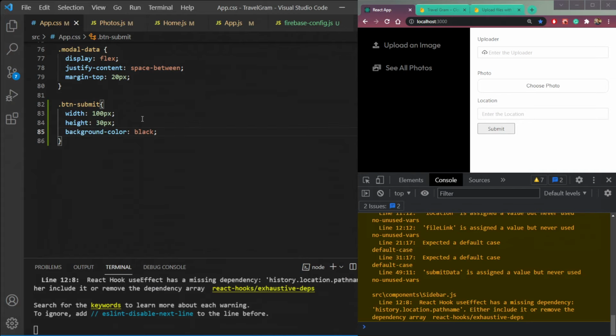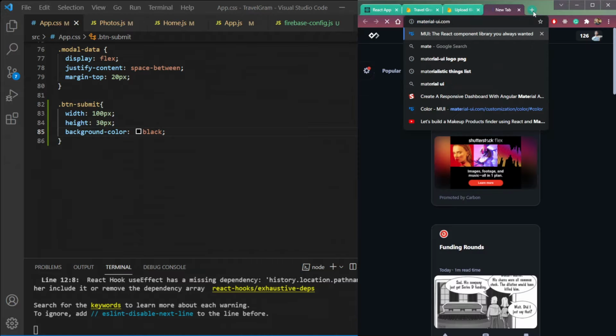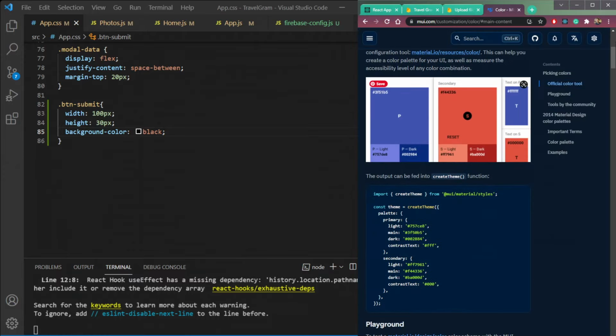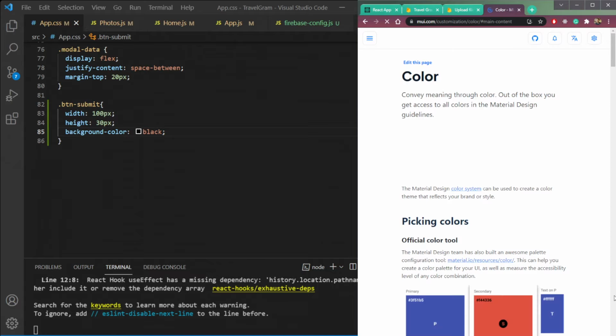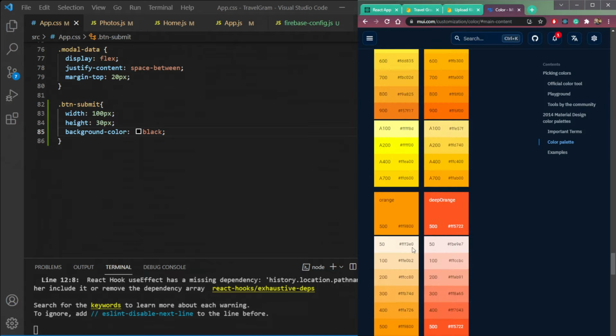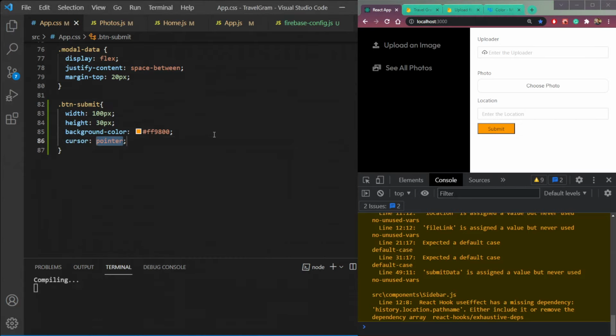Let's make it black, not black. So let's see some colors. So just head over to materialui.com and select colors here. It has all the colors that we can use. So let's choose this orange color. See what we get. So this orange is here, and we need the cursor to be pointer.